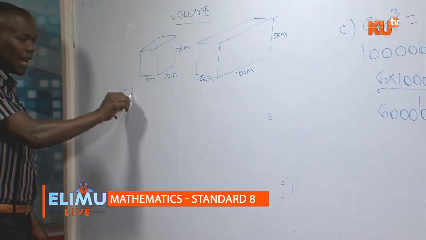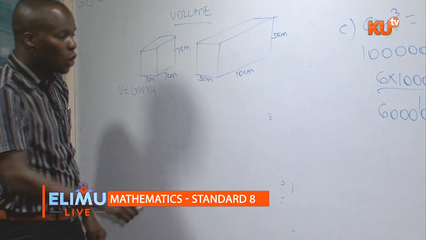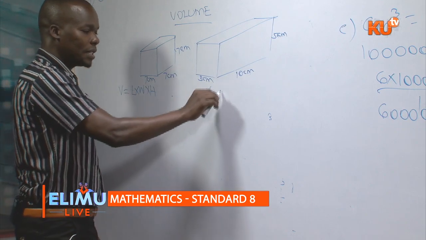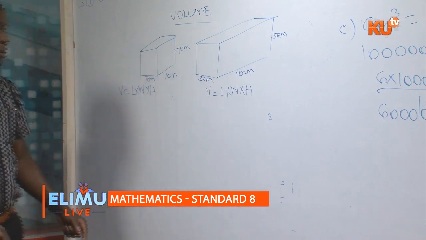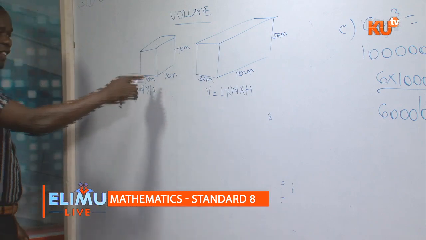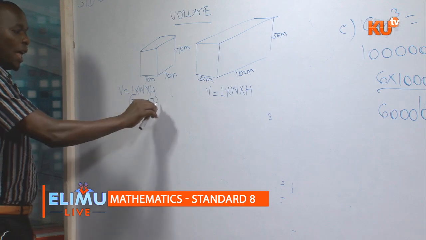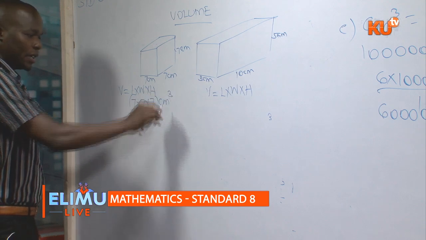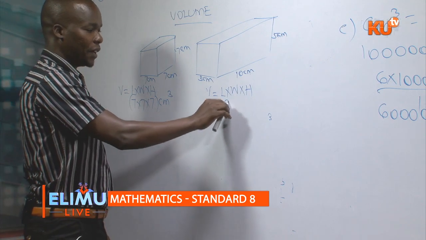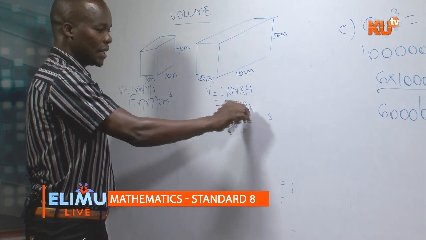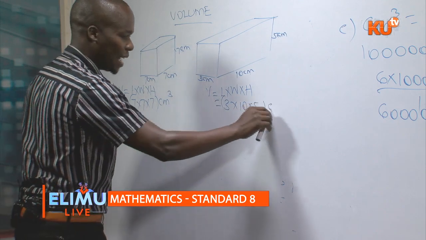Volume is length times width times height. And for cuboid, volume is length times width times height. Moving forward, we have all of them 7. So it is 7 by 7 by 7. Answer should be in cubic centimeters. The same way here, volume is 3 by 10 by 5. Should give us cubic